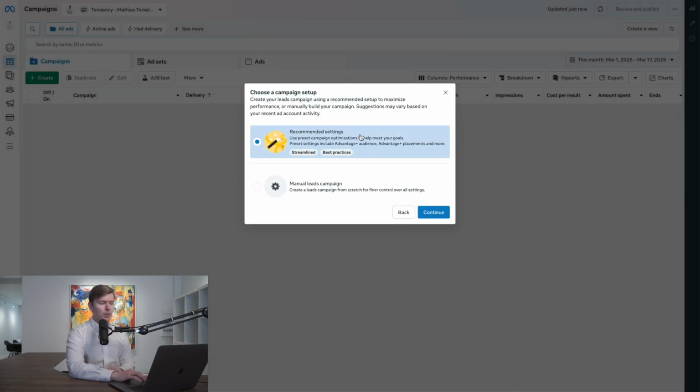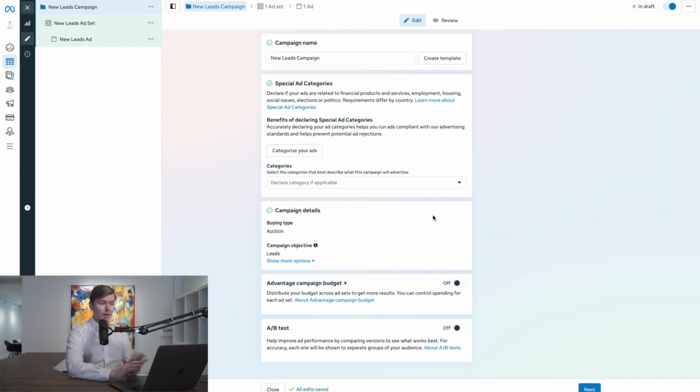Now we have two options. We are just going to set it up manually because then we have more control. I wouldn't recommend that you go with recommended settings. Now Facebook has some recommendations, but it's very important that you pick them manually because oftentimes they are just there to help Facebook make more money. And yeah, we just want to do it manually so we have all the control, and I'm going to show you exactly what different options to use. So just follow along here. Press continue and we are going to create a campaign.